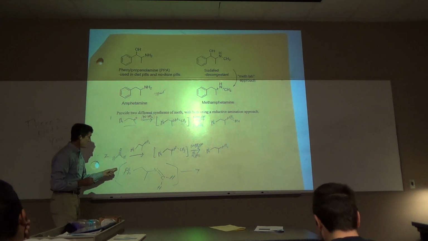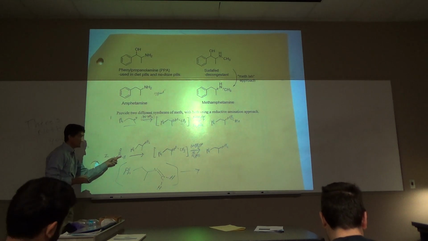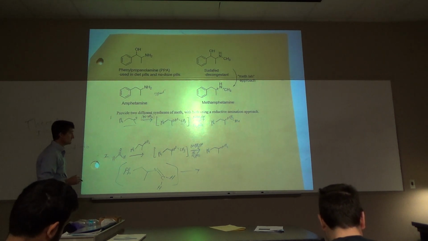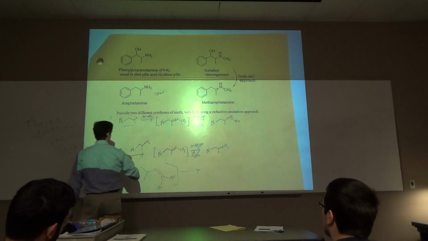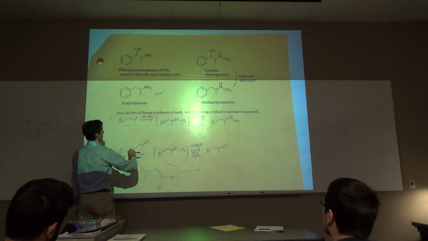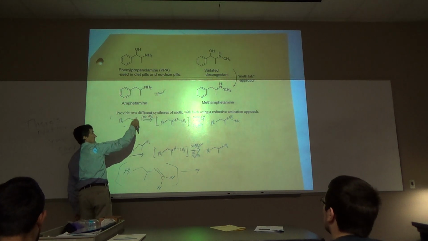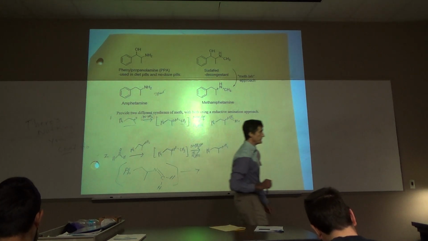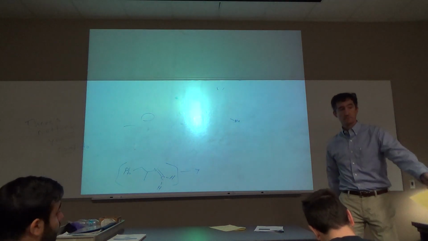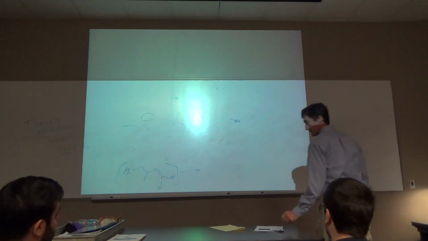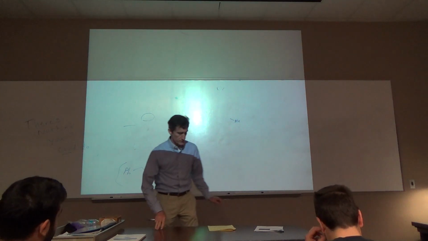So this is the simplest type of carbonyl compound you can have. That's called formaldehyde. So that'll be formaldehyde or methylamine and this ketone. This is a reductive amination. Two different ways to make